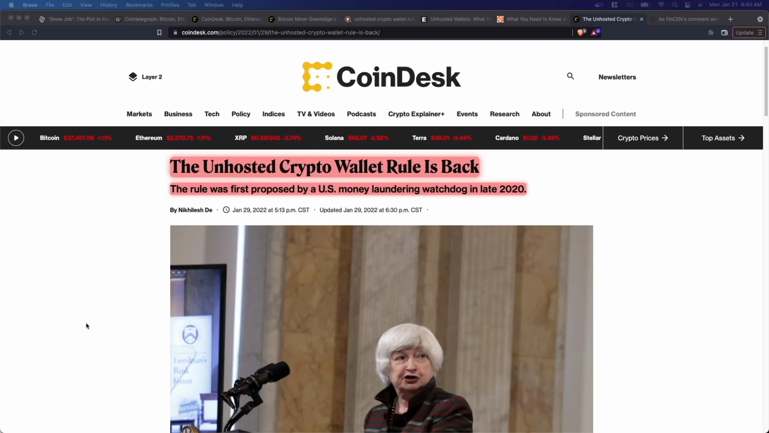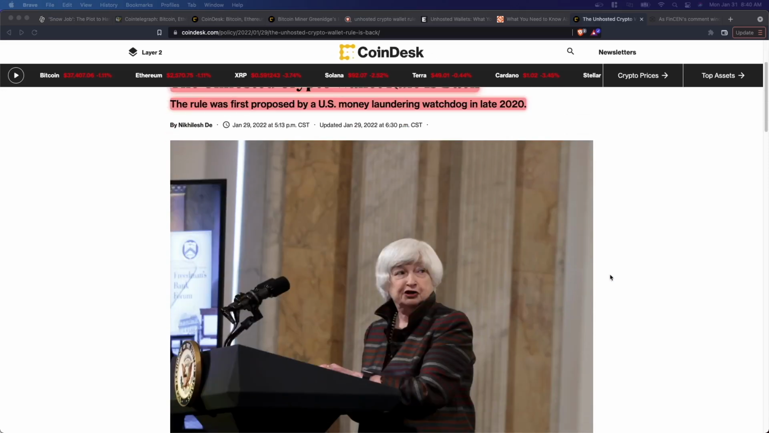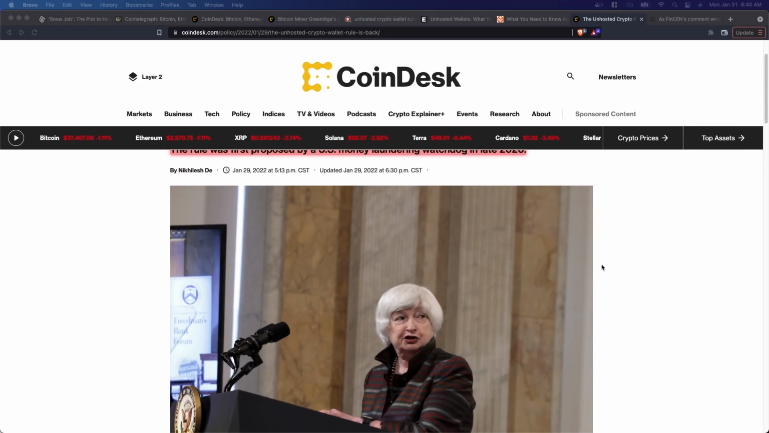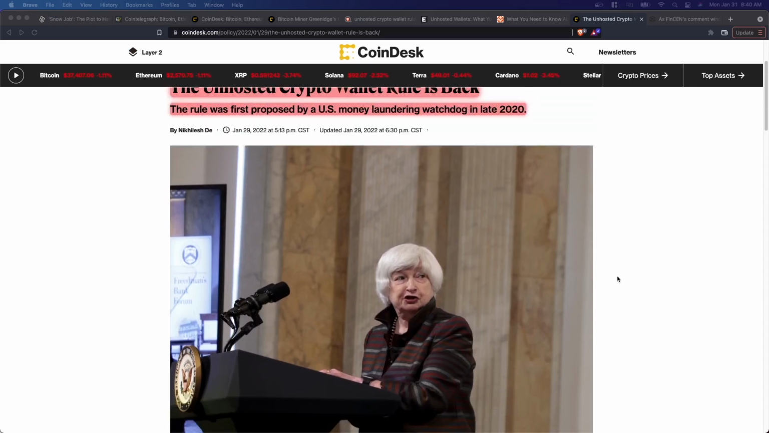So now that we've gotten a general overview of what this rule is, we could see here from this CoinDesk article that was reported a few days ago. It states that the Unhosted Crypto Wallet Rule is back, and the rule was first proposed by a U.S. money laundering watchdog in late 2020. So we had the first proposal, and then earlier this month in January, it started drumming up more